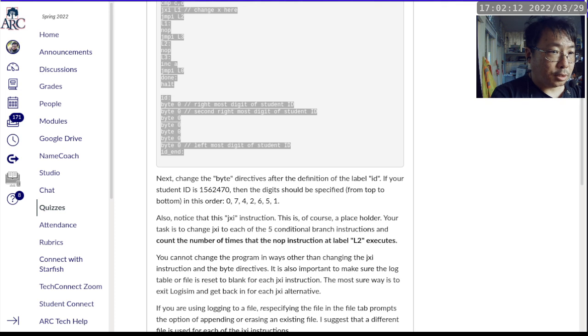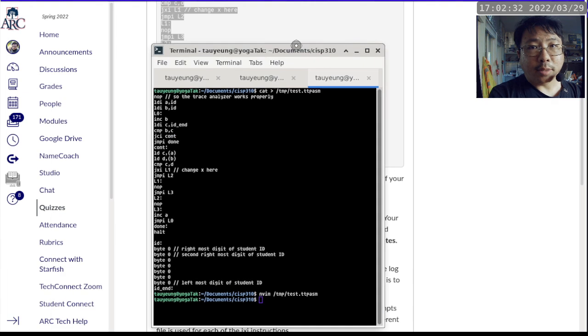And change the JXI to JCI, because JCI, JLI, and JSI, they all have the same counts. Okay, so I just change it to JCI. Alright, so this part I do want to show because it is kind of cool, because I'm using my own